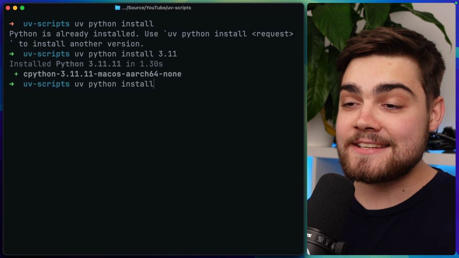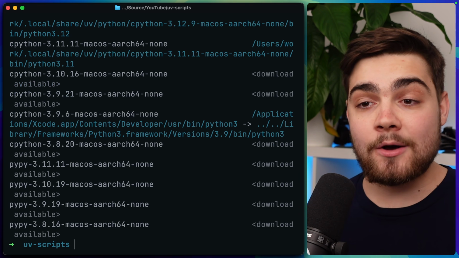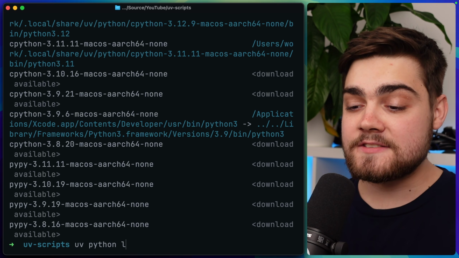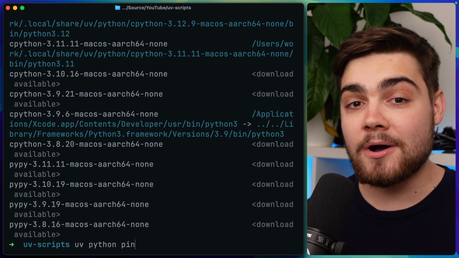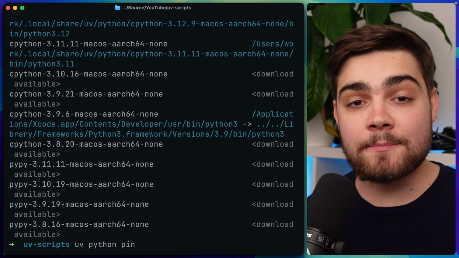We can then also just list out the ones that we have. So we can do uv python here and then list. And you can see that will list out all of the versions that we have access to and the ones that we can download. And you can even pin specific versions as well if you do uv python pin. The install command also has support for other Python distributions like PyPy. So it really makes Python version management super easy, but I'll be honest with you, most of the time I haven't even needed to run those commands,